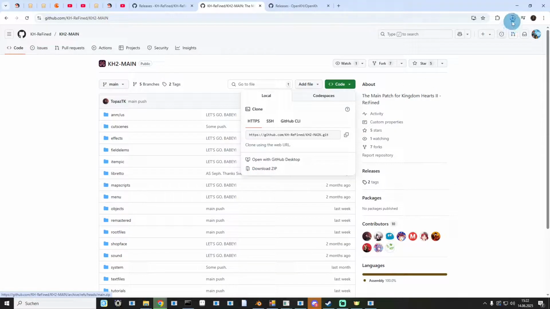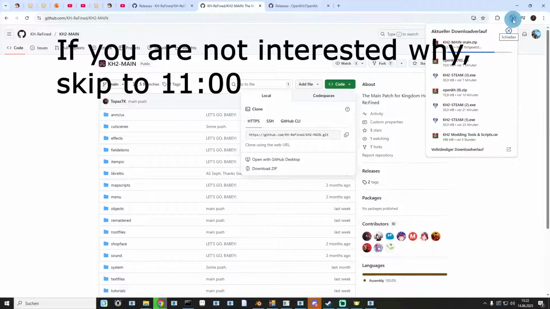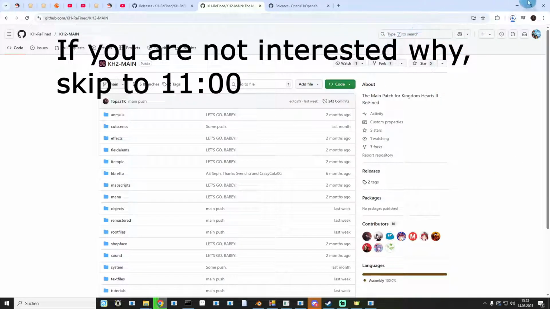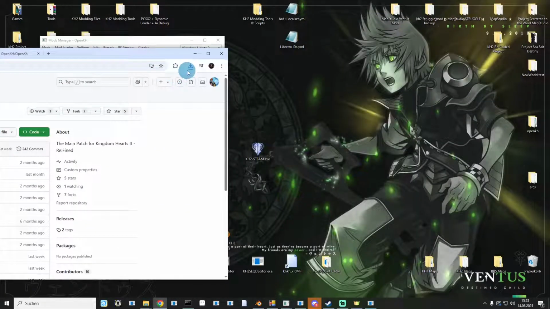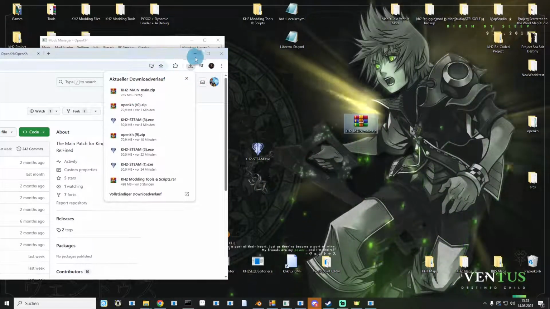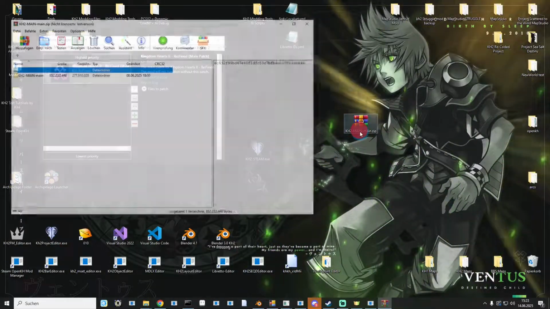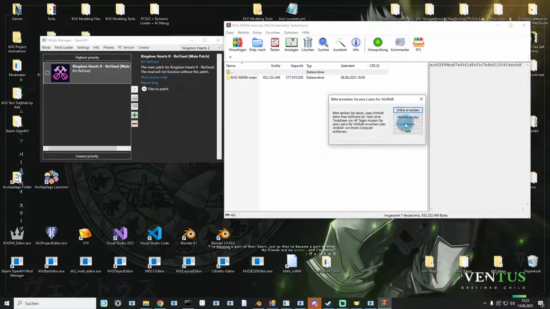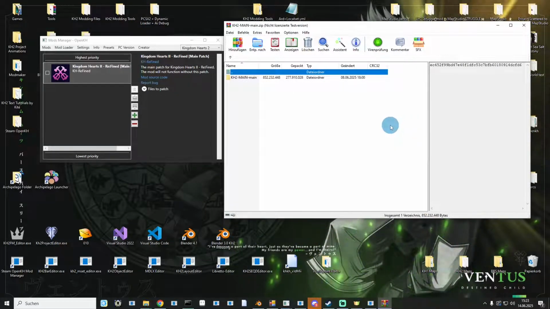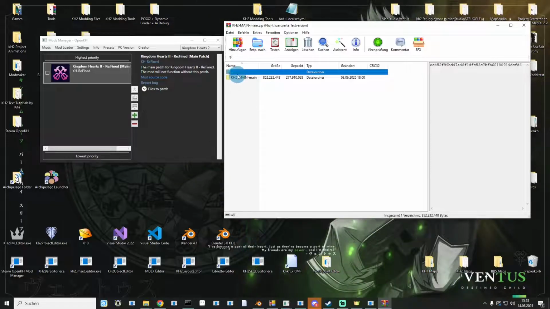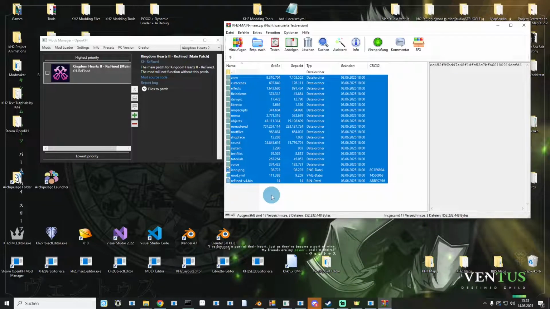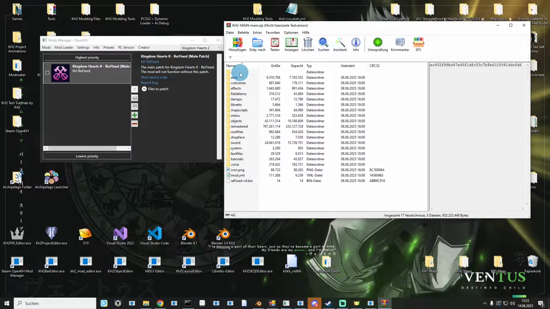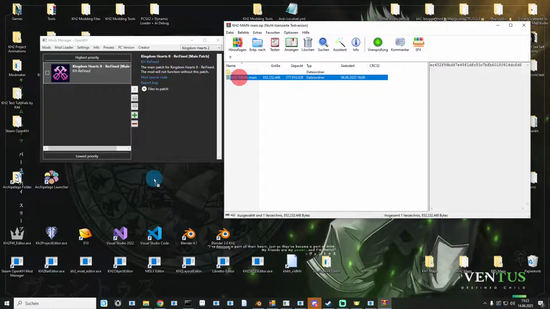And I will show you now why. Because if you do it like that, it will take a while until it's completely downloaded. So it's done. So I'm going to put it now on my screen here. And if I double click it to open it, you see there is a folder. And OpenKH can't read that, because it needs to read the mod YML. So this stuff here. You could make it work if you extract this folder,